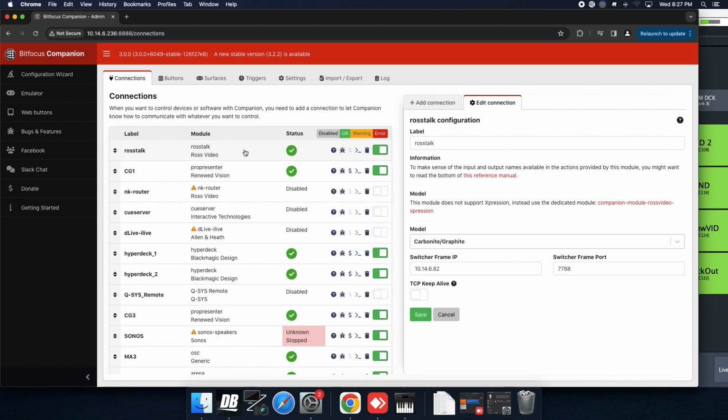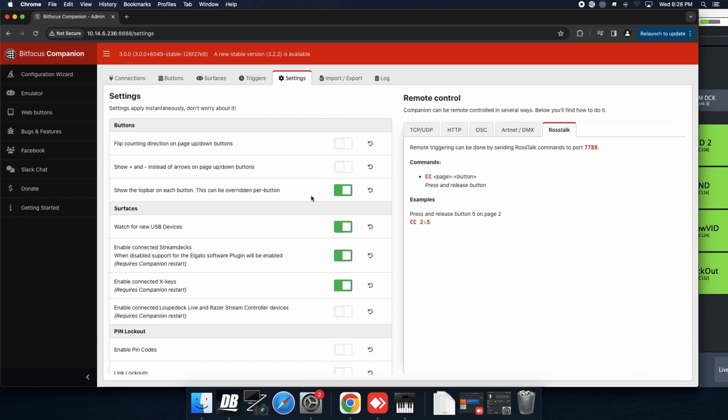What that does is it allows you to touch basically anything on your network using custom controls in your switcher. You can build things like lighting, QSys, volume automations, all sorts of things like that. Playback devices, all of that can be connected to your switcher through Companion once you get this set up. It's super handy. So the first thing you need to do is go over to settings and your GUI and